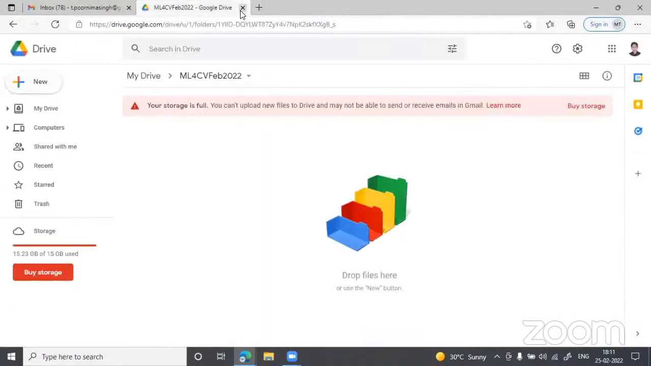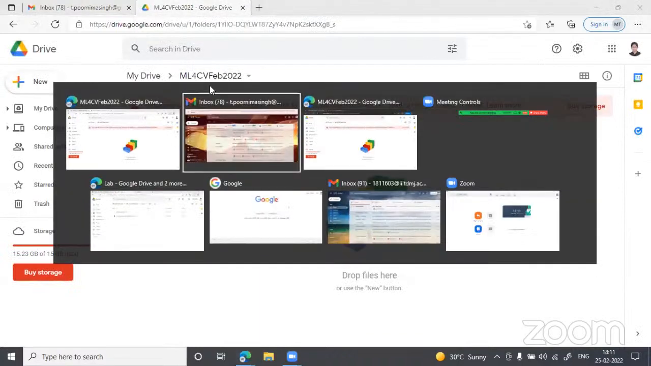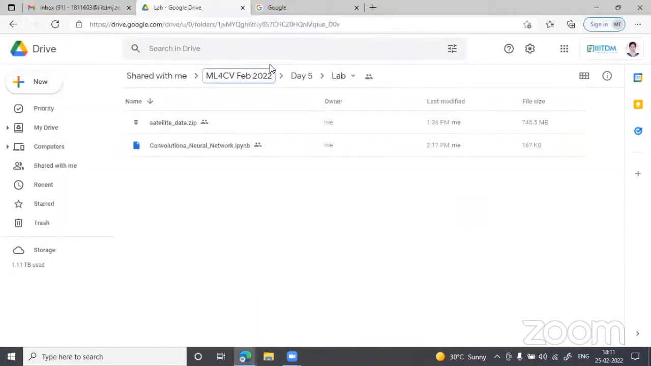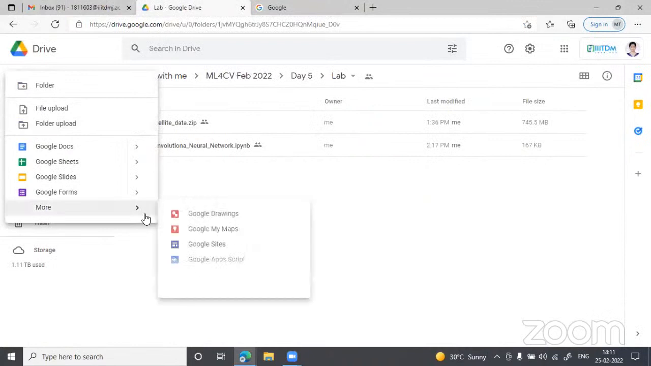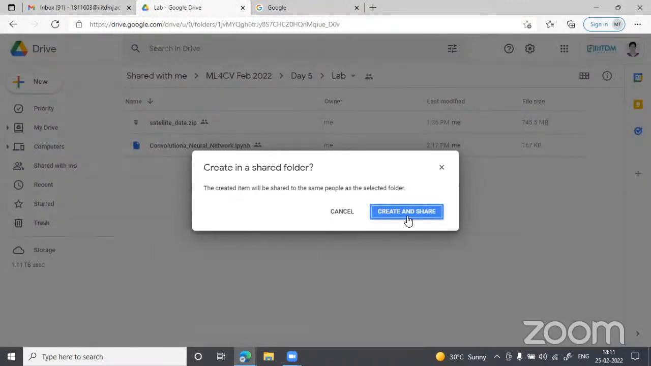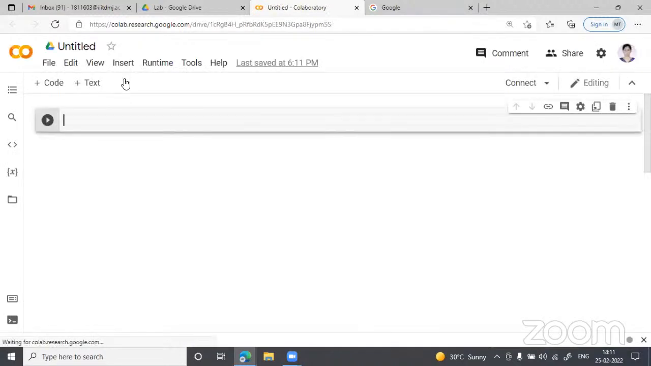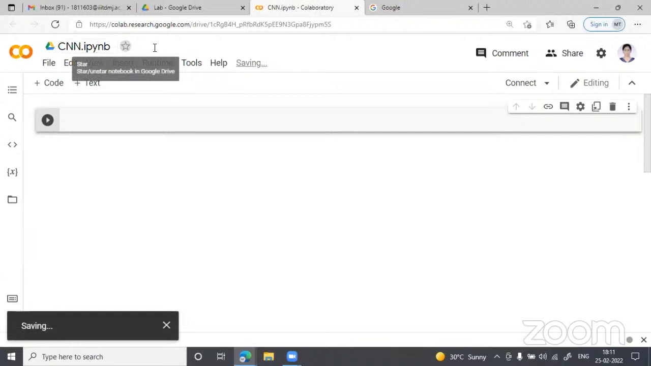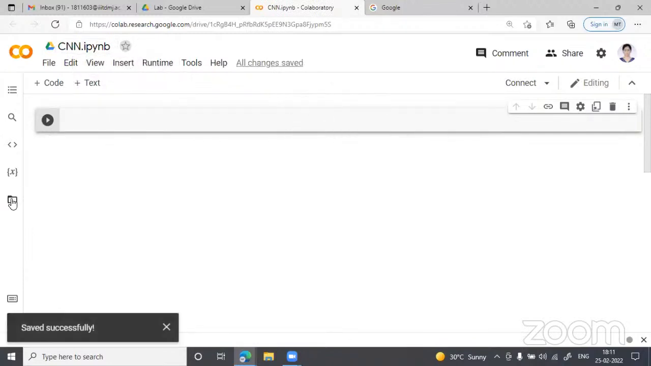I don't know. Okay, this is because of the quota exceeded. I have exceeded the quota. So please create a new notebook, and rename it to either convolution neural network or CNN. Then to access the data set,